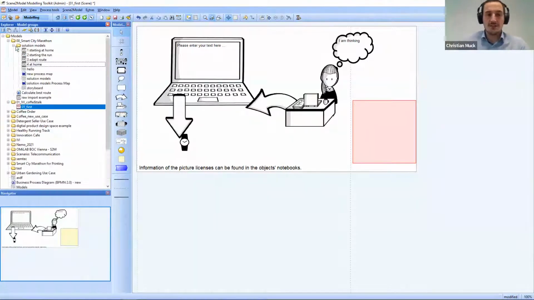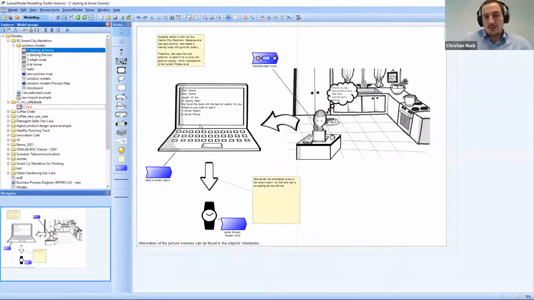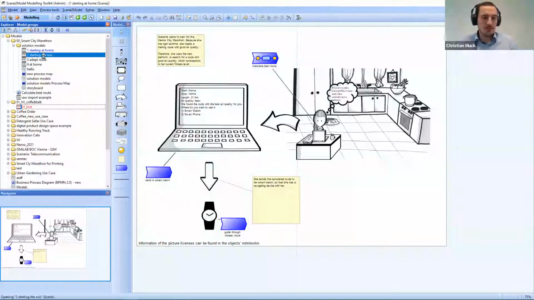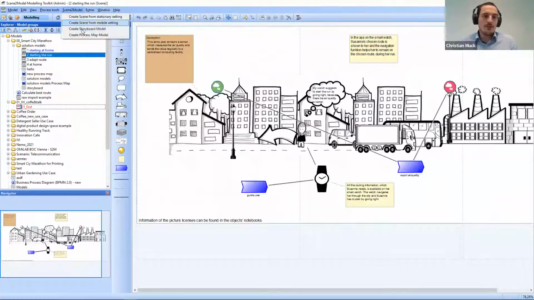I also provided a short example of how the result can look. So we have here added the text to the different concepts. We have added text and notes. We have added the different processes which can be used. And this is the combination we talked about. And of course, we can process it because we want to create storyboards, not different scenes. So this is one scene, one key moment of the story. And if we have multiple of those, like here, we can create a storyboard